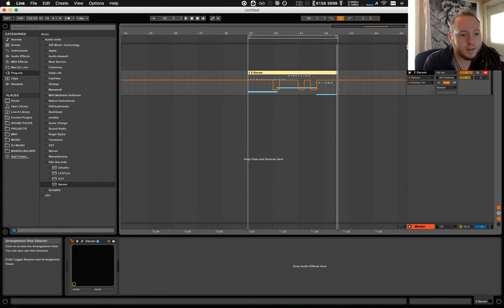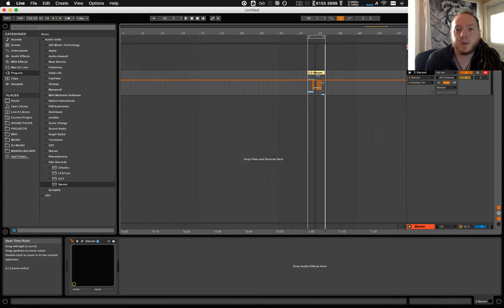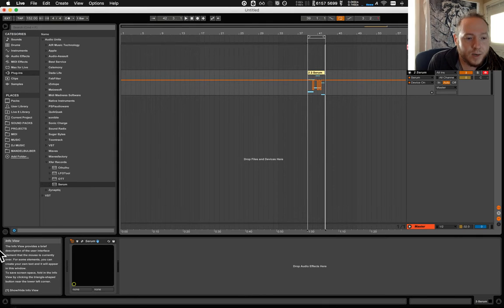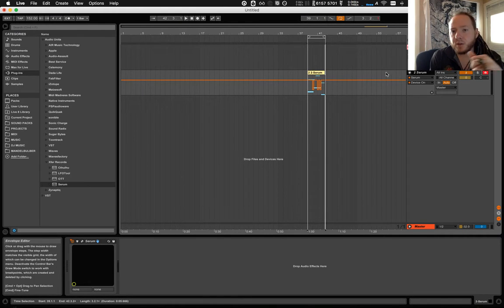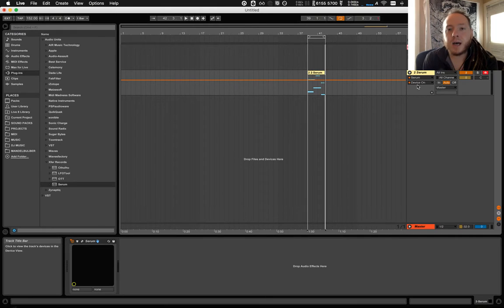I do believe this is the arrangement window. Oh, another nice little thing to note is that you have this right here. This is amazing. Anything that you hover over, it will tell you what it does. So definitely be looking at that. So this is the arrangement window. This is like a timeline view type of thing. It allows you to arrange things by time in a very linear fashion,